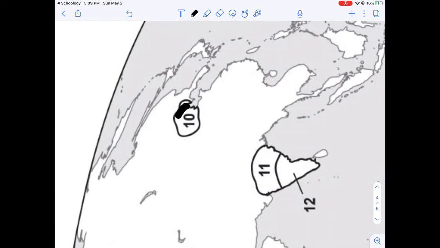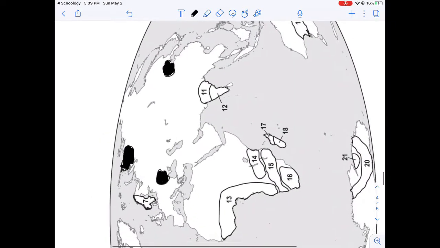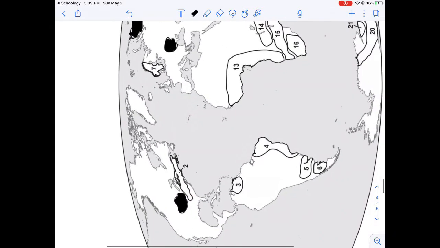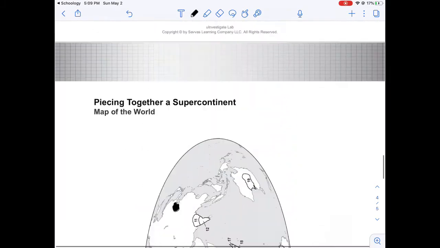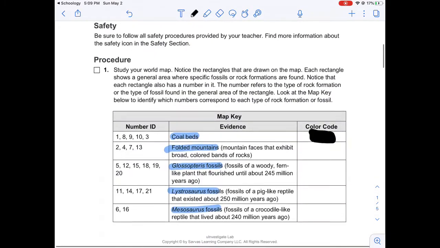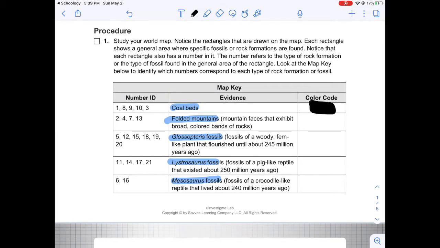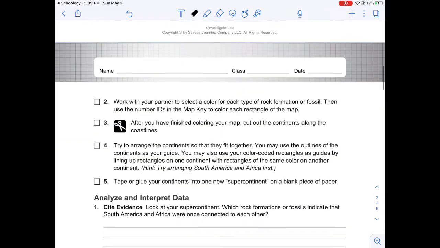Here's 10, and then 3. Here's 3. So you would finish this first step by coloring in all of the different pieces of evidence, the different colors. So pick a color for each one that you want to use. So after that, the next step is